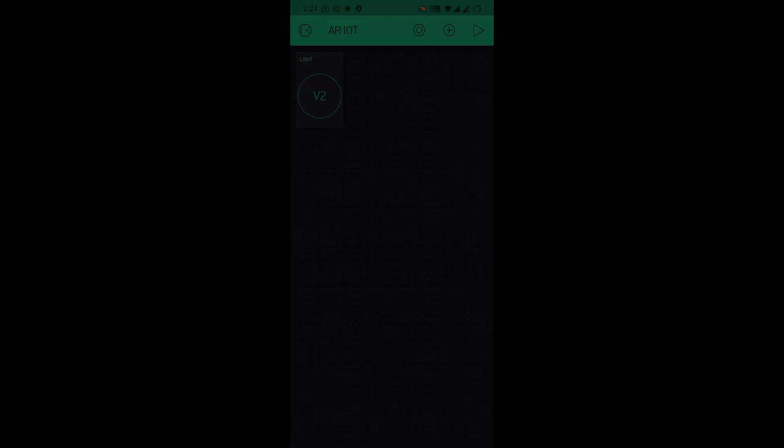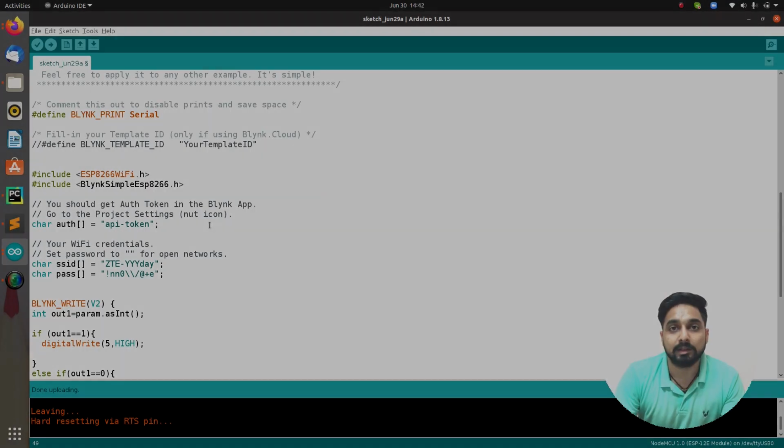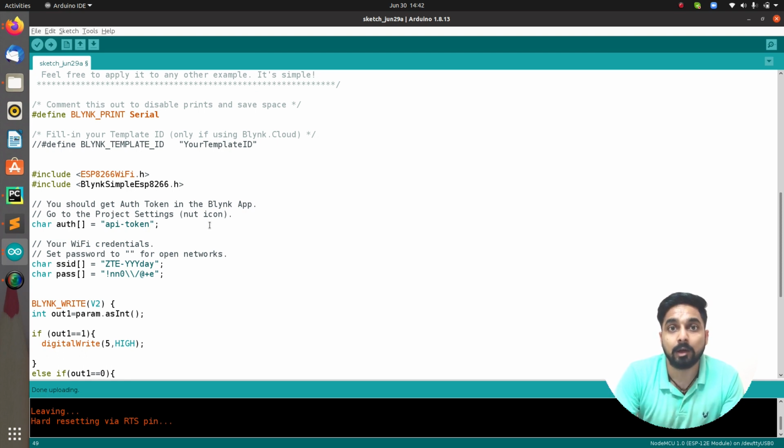Now the next thing is you have to write the program. So let's go to that. Now let's start writing the code that is required for your application, or let's say your AR application, to control the home appliances. So let's do the first step, through which we will be simply creating a first application for the augmented reality so that we can control the home appliances.